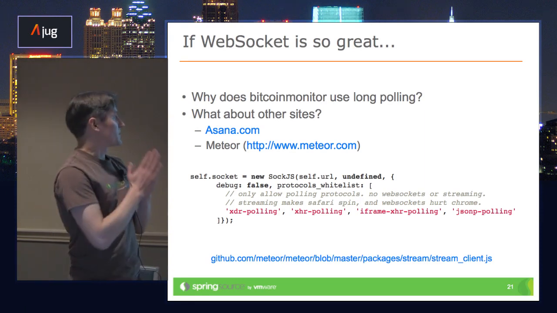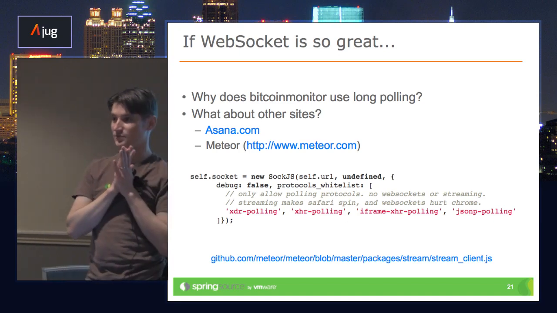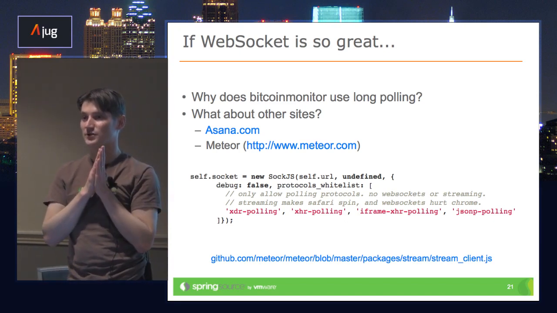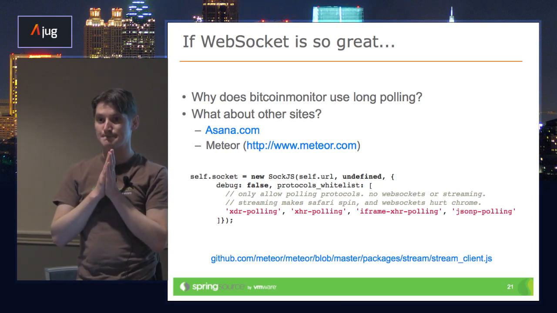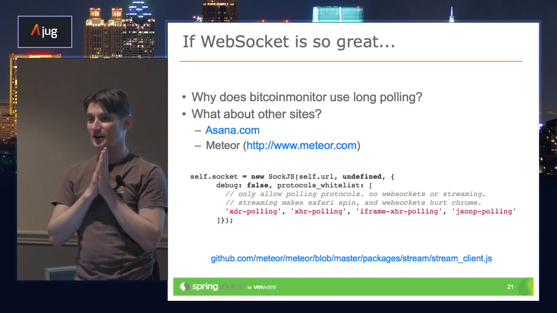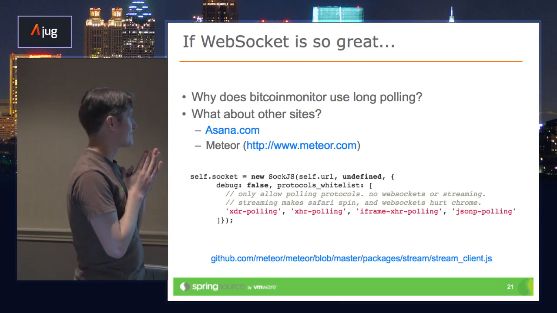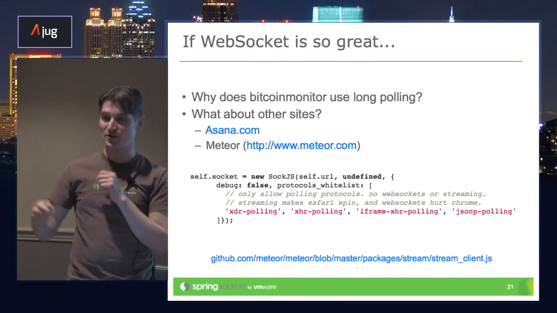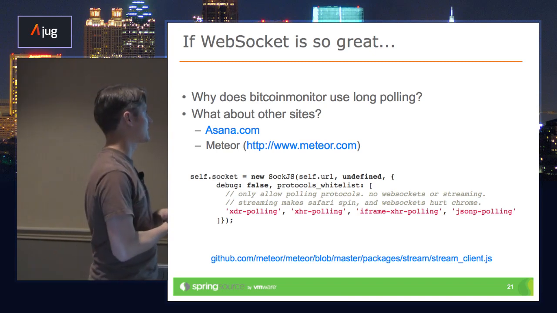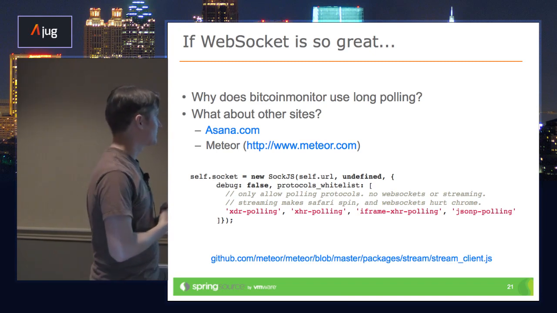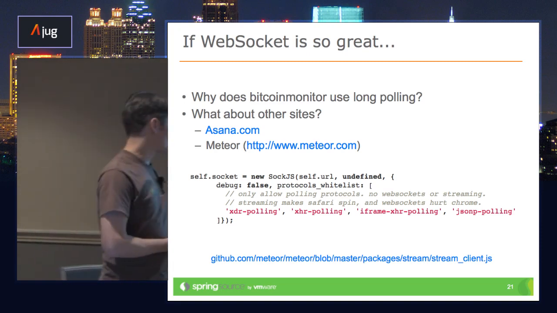Another one which I thought was interesting was Meteor, kind of like a JavaScript framework in the cloud. They're more famous, at least for me, since they were one of those companies that got like $11 million in startup funding, which I thought was kind of cool. I need to get that. But they're actually using Sock.js, an abstraction library for WebSockets, and they disabled it by saying, hey, it's inefficient for various browsers.